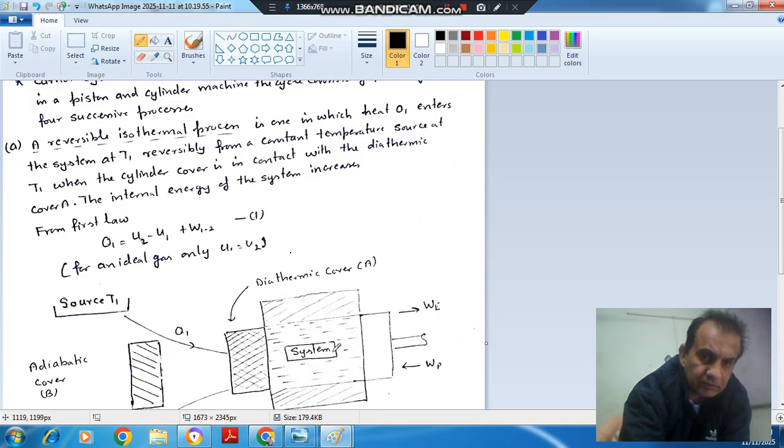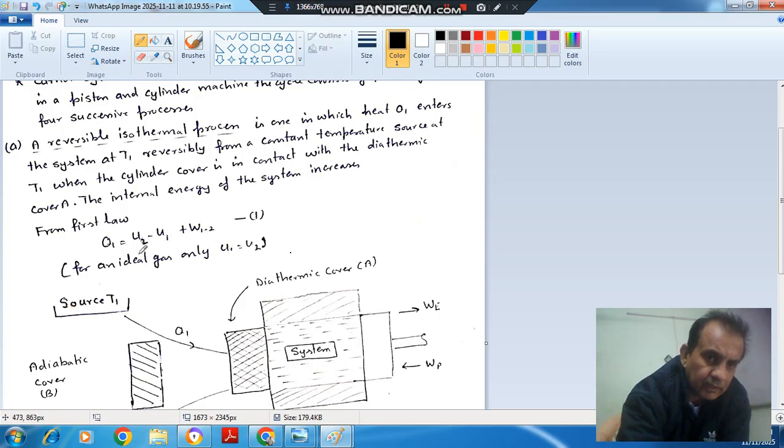So this is your piston in this cylinder, in which a gas is maintained. During this process, a diathermic cover is placed here, through which heat is supplied, that is your Q1, and this diathermic cover supplies heat at a constant temperature. So here heat is supplied at constant temperature, or it maintains a constant temperature condition. So Q1 is the heat supplied and some work is also obtained during this process,